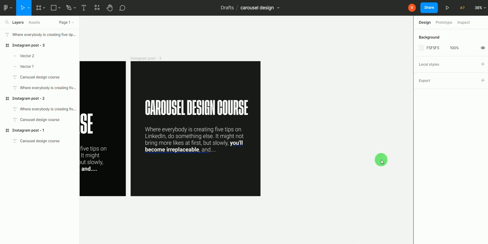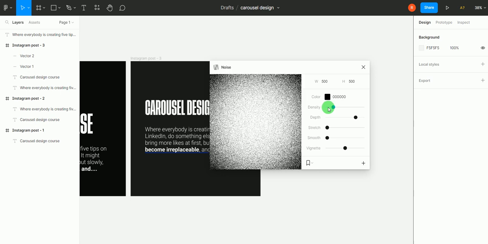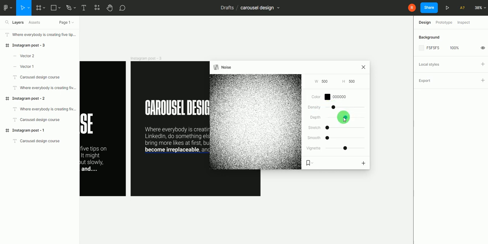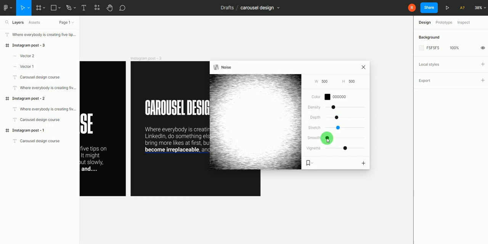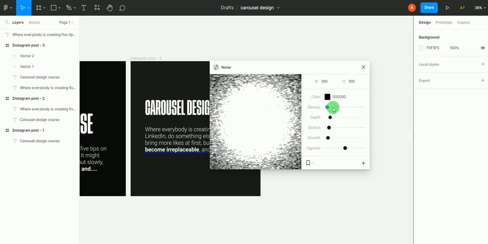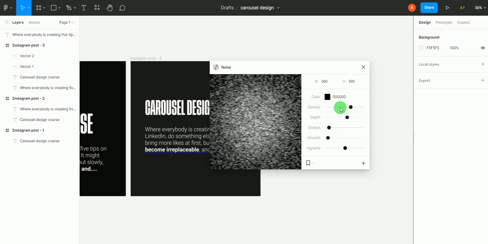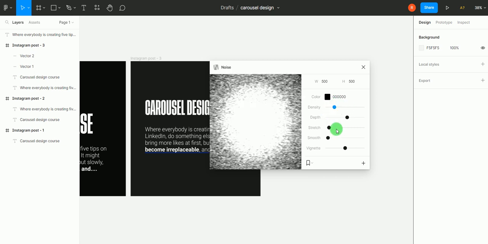With Noise, if you open the plugin, you can create a specific type of noise on the page. You can add the density, the depth, the stretch, whatever you like, right? I have played a lot with this to create the kind of effect that I wanted. So basically I'm just showing you how it works. You can adjust these parameters,